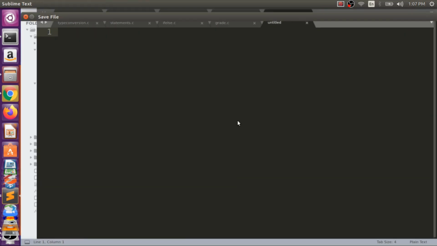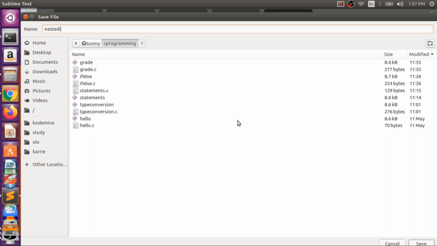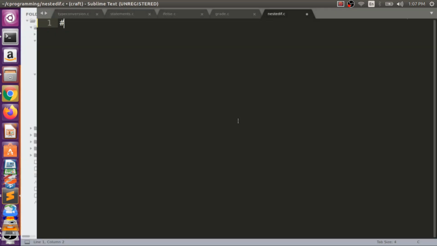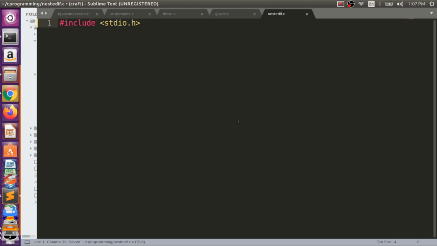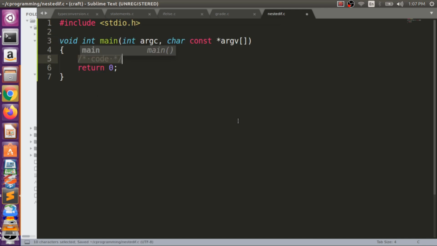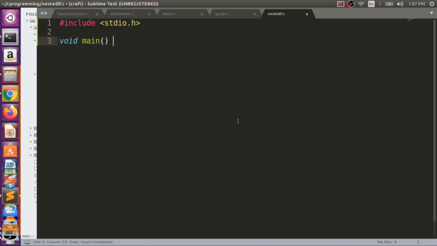We have a file nested_if.c. So we have this program: hash include stdio.h, and we have a void main, and here we have int a is equal to 5, b is equal to 3, c is equal to 10, right?